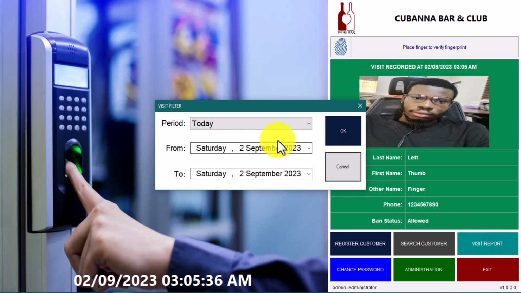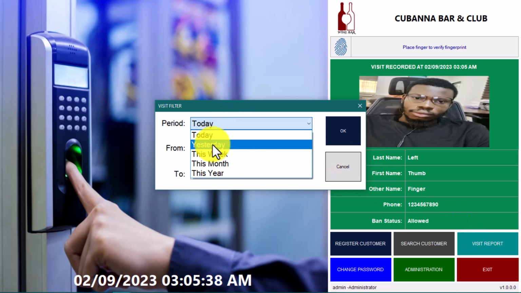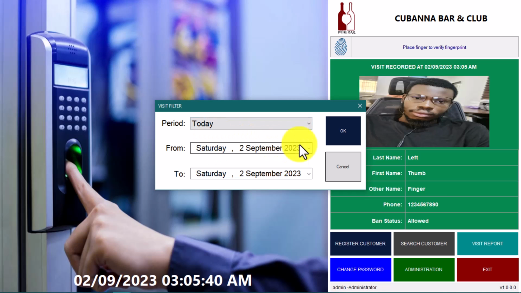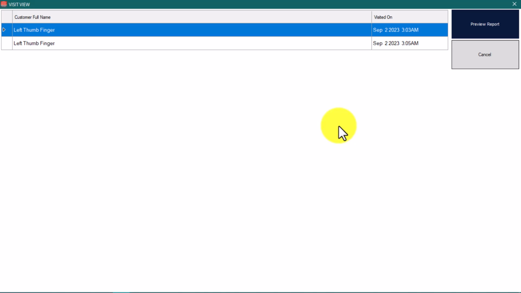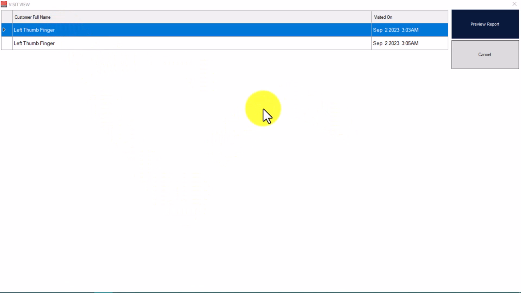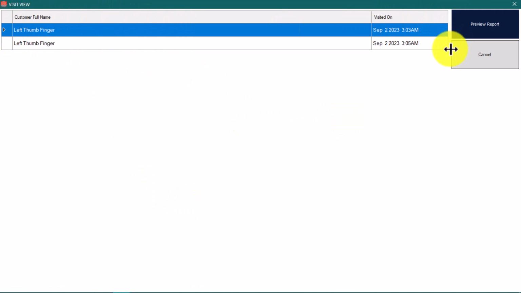Then you enter the period. I just want to generate for today. You can also use the date range here to generate that. So when you're done with this, you click OK. And you can see here we have record of